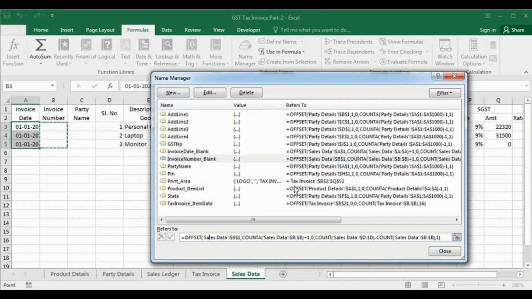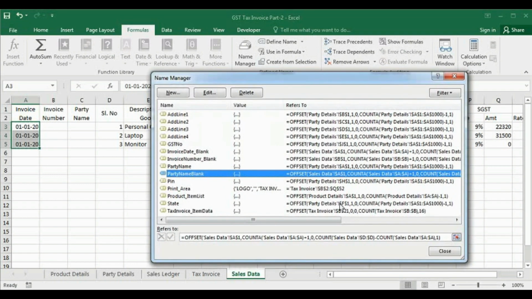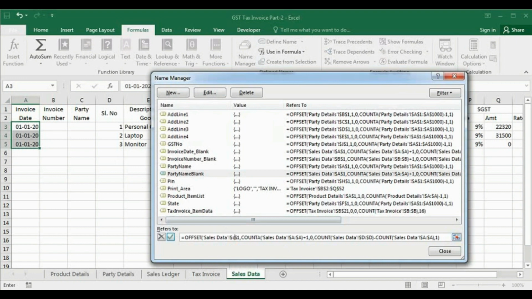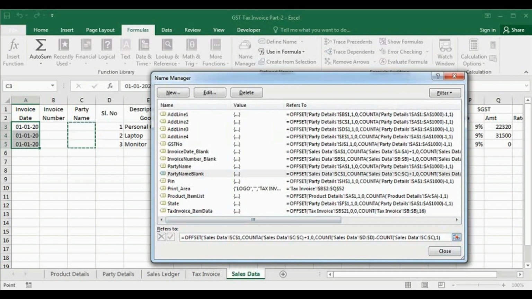And now we will create party name blank and paste here again, press OK and edit here. Party name is on C, so C, here also C and C. Now you can see it is selected.